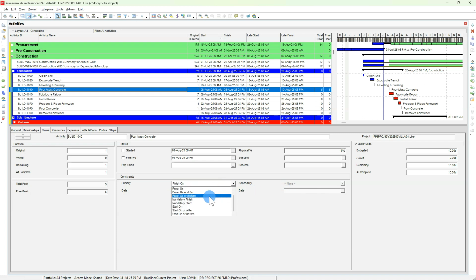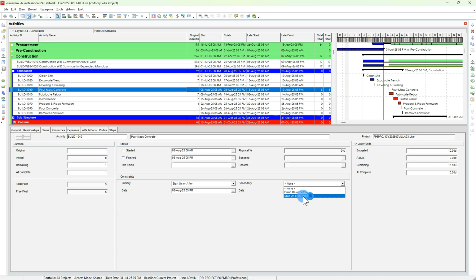But for the soft constraints, for example, if you choose Start On or After, then you have another window. If it is Start On or After, then you can set when it will be finished on or before, and Start On or Before. You can start on or after 2nd August and start on or before maybe 10 August, 11 August, something like this. By this way, you may fix a range